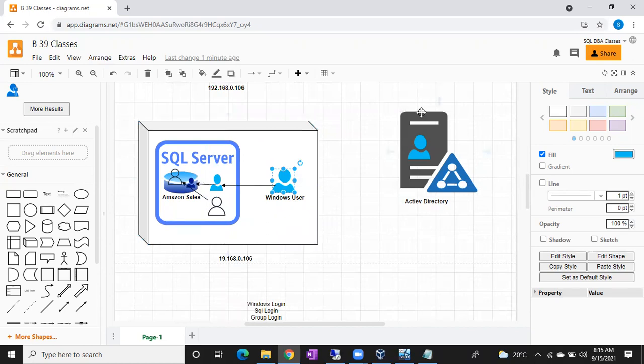We don't have Active Directory setup, right? Once we create the Active Directory setup, then no need to create users at the Windows level manually. Once you create in the particular Active Directory, that is enough. I'll explain that also, that architecture also I'll explain. Nothing to worry. So I want to create a Windows login, and that's why I'm creating a Windows user in the Windows machine.